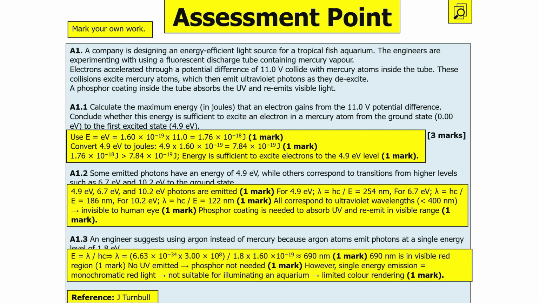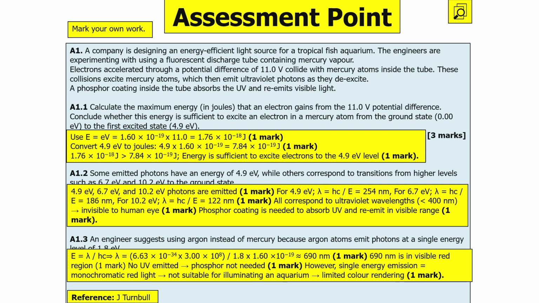Finally, we know E equals hc over lambda, so lambda is equal to 690 nanometers. Now 690 nanometers is in the visible red spectrum, so therefore it tells us that no UV is emitted, and phosphor would not be needed. However, single energy emission would produce monochromatic red light, which probably wouldn't be suitable for illuminating